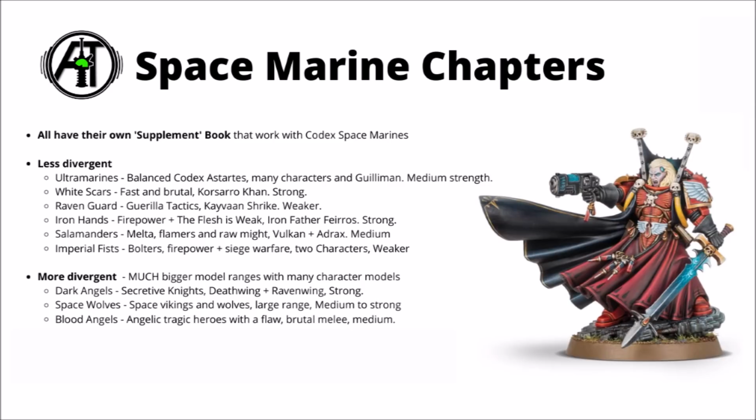Next we have the Sons of Sanguinius, the Blood Angels. They're angelic tragic heroes with a fatal flaw. The martyrdom of their Primarch Sanguinius leaves them prone to horrific death visions and their gradual descent into the madness that is the Black Rage. Again, they have a very large range of miniatures, maybe most iconically having their own unique jump infantry such as the Sanguinary Guard and the Death Company, and plenty of decent characters, including this nice new resculpt of Chief Librarian